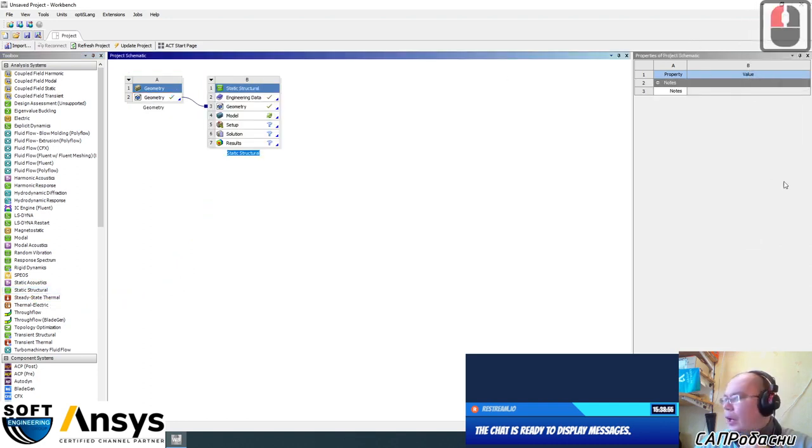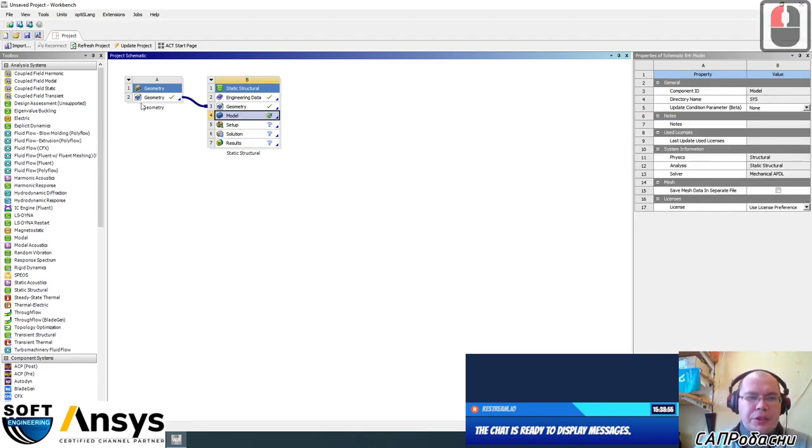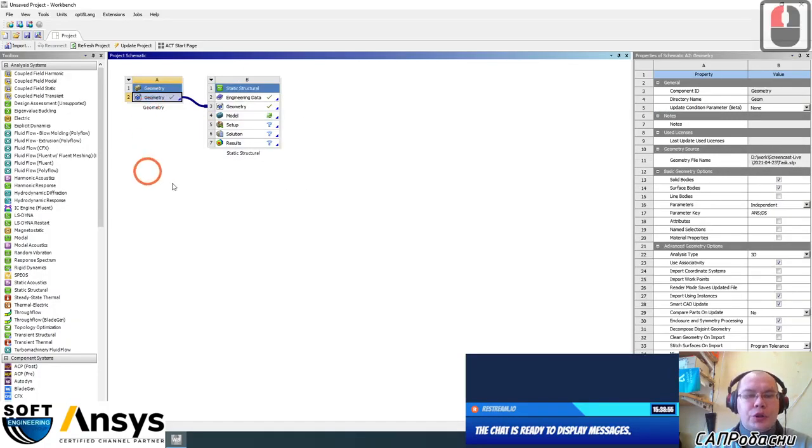As you see here, we can see all mouse buttons and keyboard buttons that I pressed to do something. Sorry for my English. Okay, after we link two types of objects, the object of geometry and the object of static stress analysis,